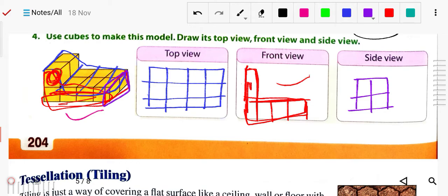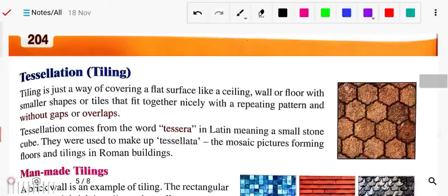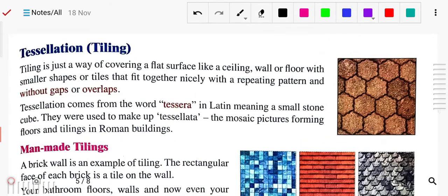Okay, next we have something called tessellation. Tessellation means arranging shapes, like squares, tiling them up. You have seen these at your home also. So what is the meaning of tiling? Tiling means something used for the wall, you have seen it. Tiling is just a way of covering a flat surface. What does it mean? To cover the flat surface, whatever surface we have to cover,